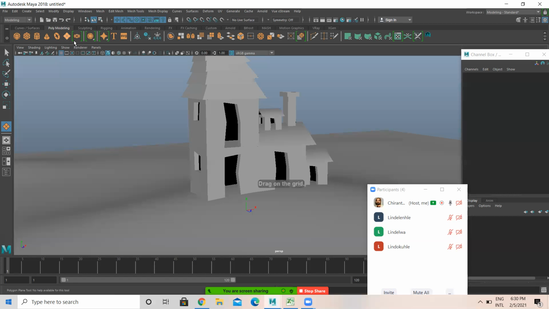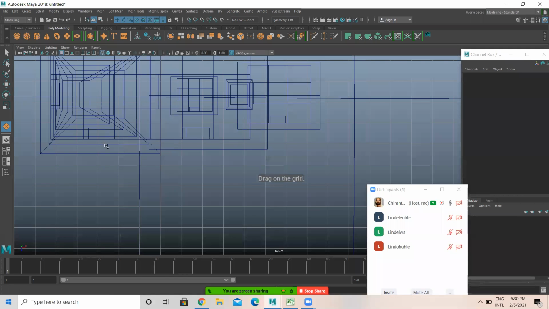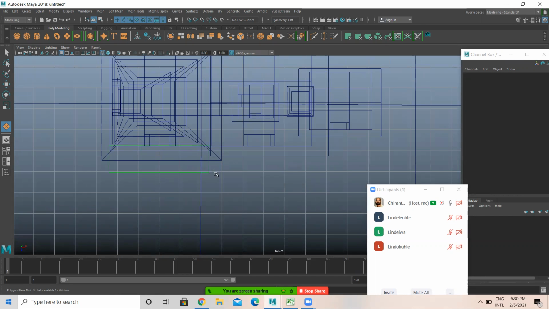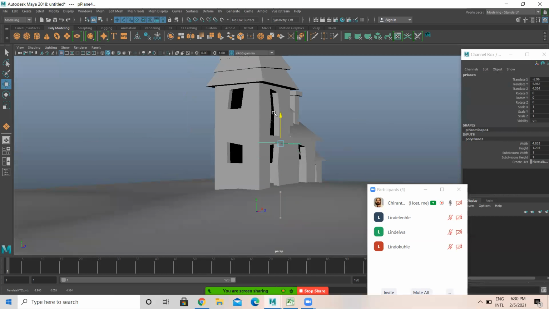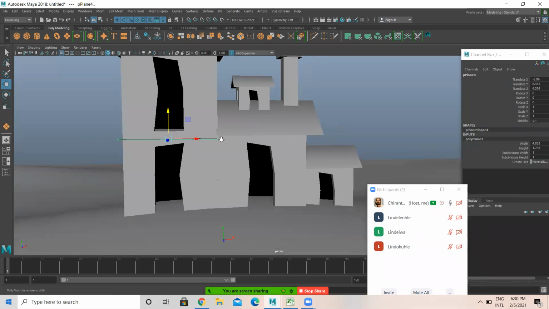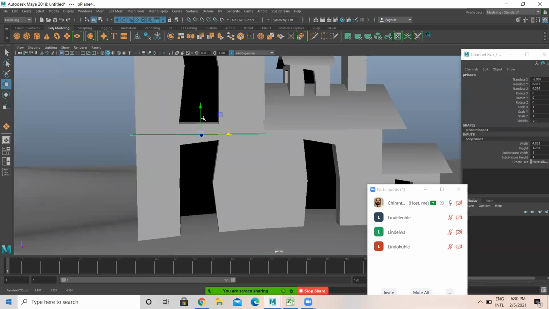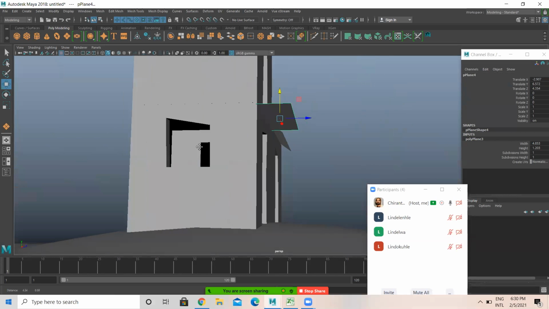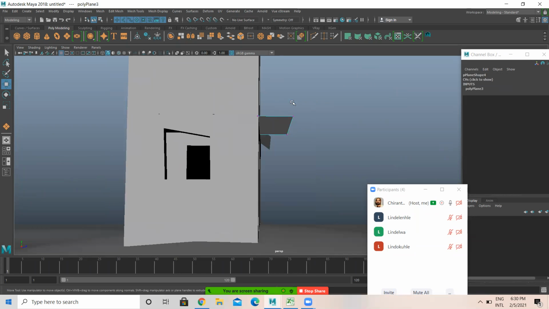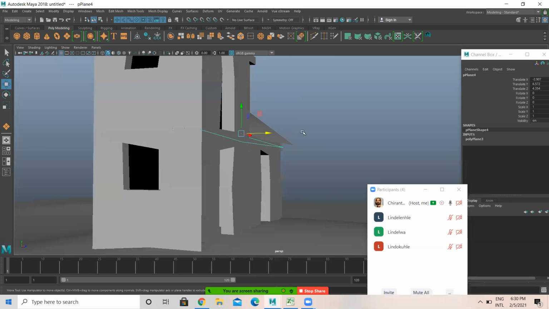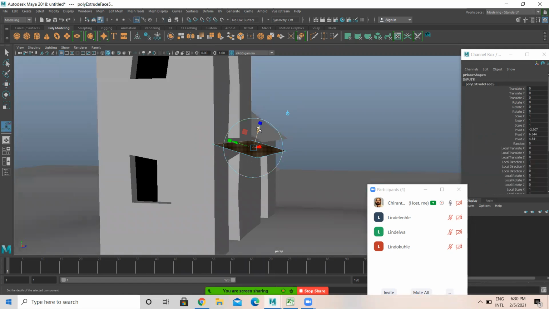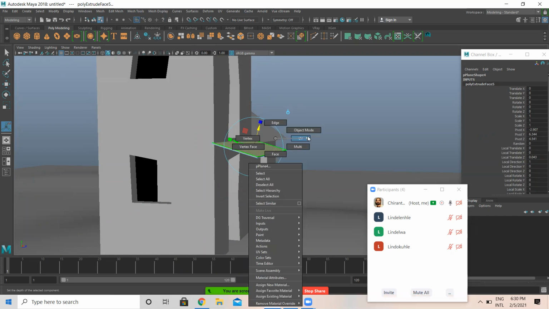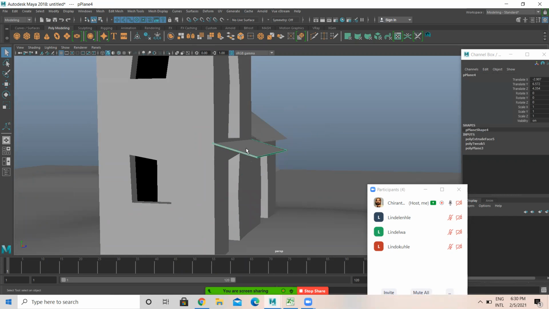Then I'm selecting one more face, one more plane. I'm just creating a plane. I'm lifting this, I'm bringing this up to here, like this. And after this, select the vertex, place it here like this. Then after this, just select the plane, extrude this a bit, give a bit of thickness, that's it.